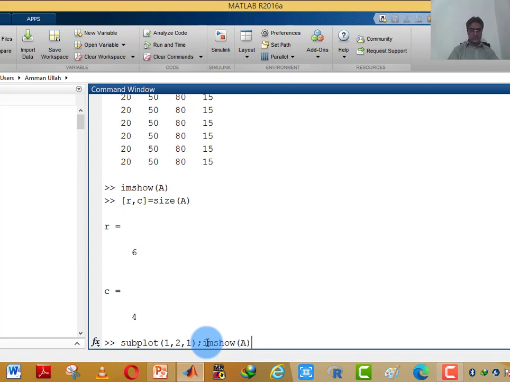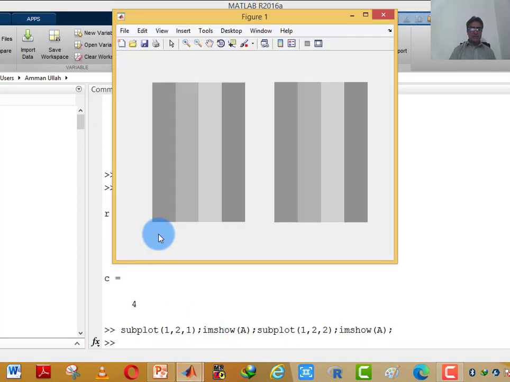A semicolon, and if I want to display another part of this subplot, this image again, then I will write here the value 2, so that at the second location of that grid MATLAB has to show the image A again. When I press enter, the computer will show like this.